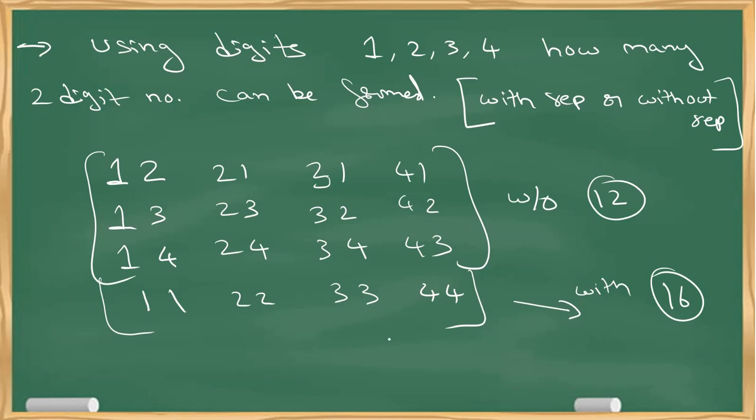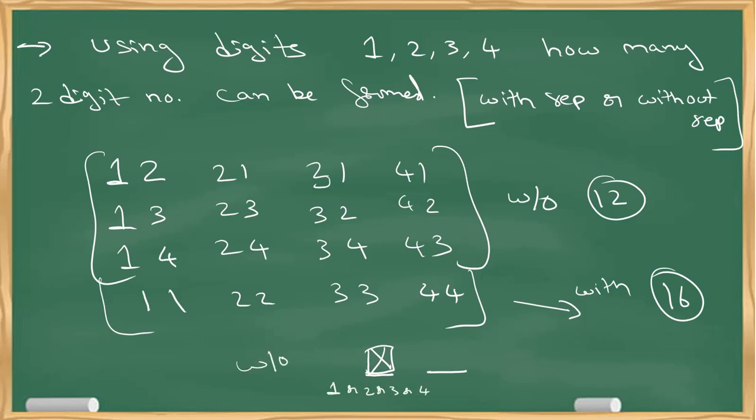But I can't be writing this every time a question like this is asked. So what I do, I use the counting rule. It's very simple. So, counting rule, I need a 2-digit number. So there is no condition, I can fix anything. Now if you see this digit, this position has how many possibilities? Either I can choose 1 or 2 or 3 or 4.